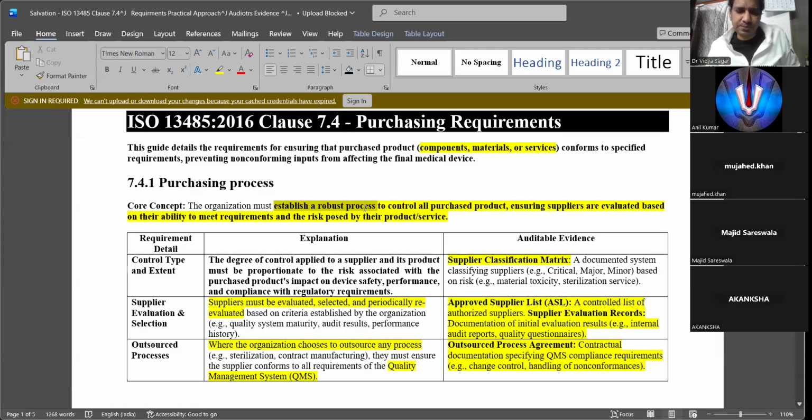Establish a robust process. What is a robust process? A robust process means first planning how you are going to approach and what you are doing with the supplier. Whether you are auditing, picking samples, doing a full audit or an online audit, and whatever the certification, make a list of things. You need to plan in a very robust way.